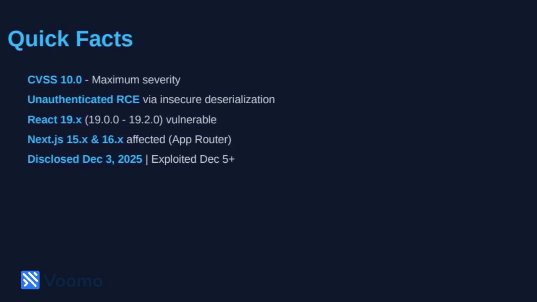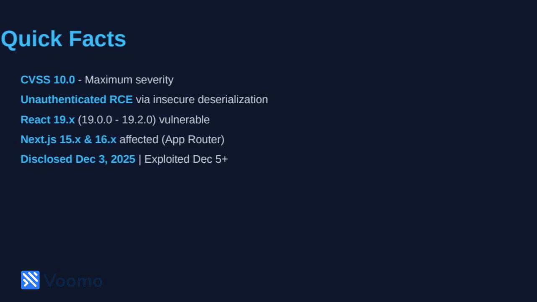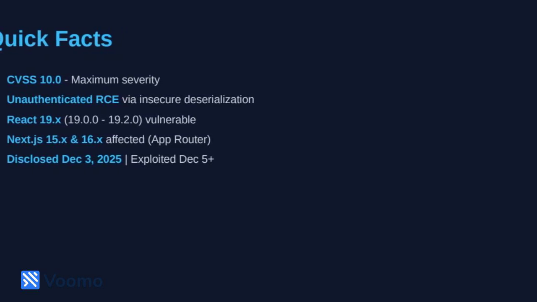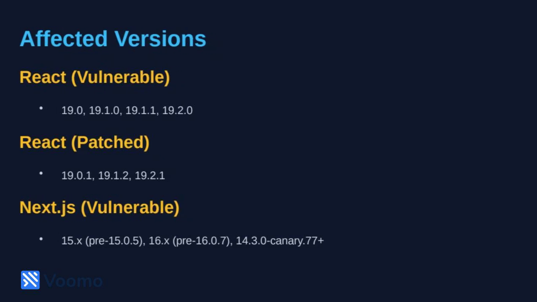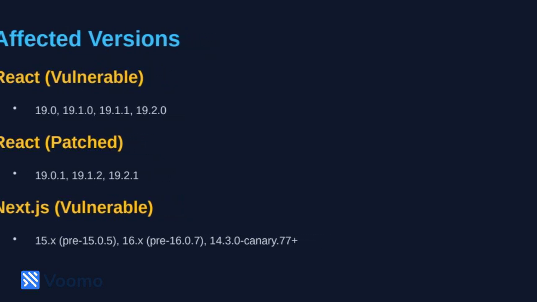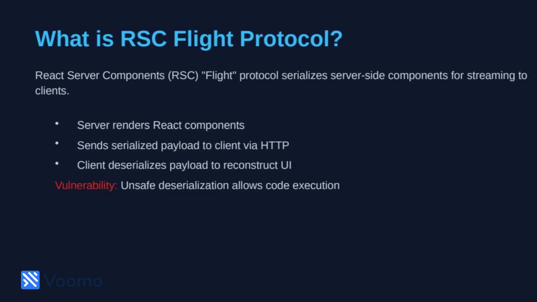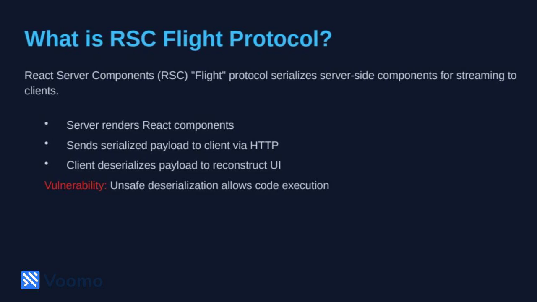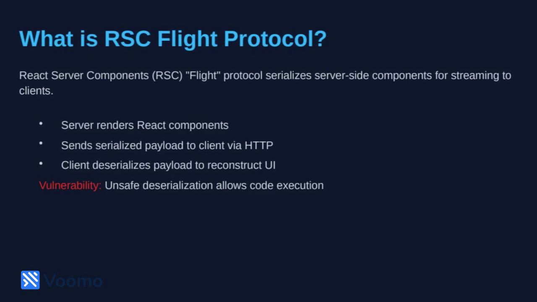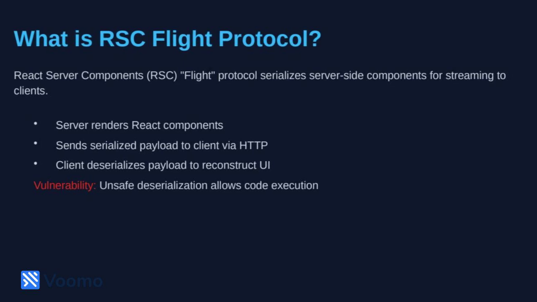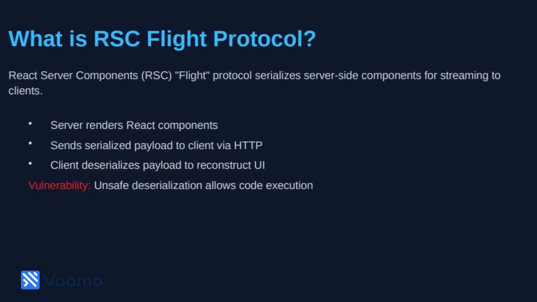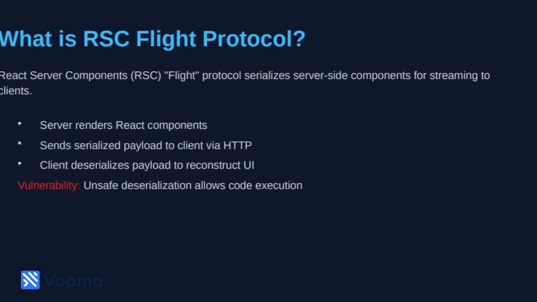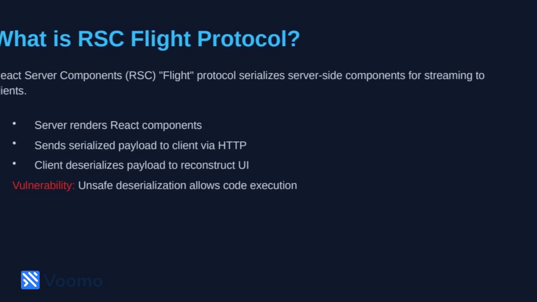The vulnerability stems from insecure deserialization in the React server components flight protocol, allowing attackers to execute arbitrary code with server privileges. React2Shell affects specific versions of React and Next.js, which are listed here. The React server components flight protocol is responsible for serializing server-side components and streaming them to clients. The server renders React components and sends the serialized payload to the client via HTTP, which then deserializes the payload to reconstruct the UI. The vulnerability lies in the insecure deserialization process, allowing attackers to execute arbitrary code by crafting